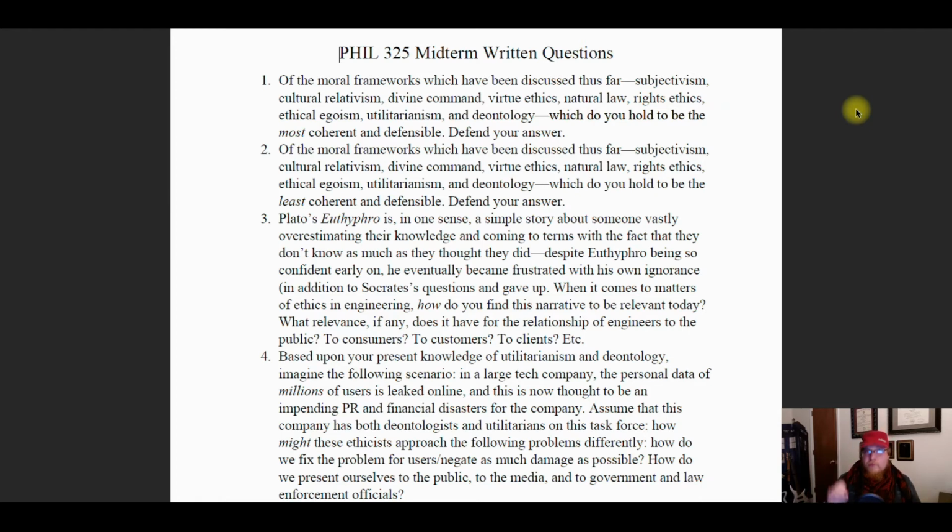Then here are the third and fourth options. Let's get into this. Number 3. Plato's Euthyphro is, in one sense, a simple story about someone vastly overestimating their knowledge and coming to terms with the fact that they don't know as much as they thought they did. Despite Euthyphro being so confident early on, he eventually became frustrated with his own ignorance in addition to Socrates' questions and gave up. When it comes to matters of ethics and engineering, how do you find this narrative to be